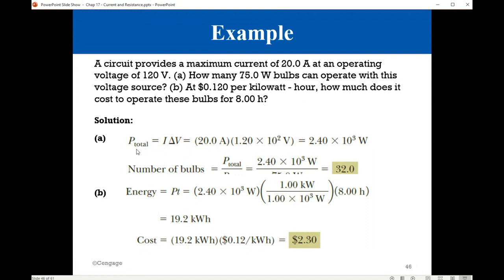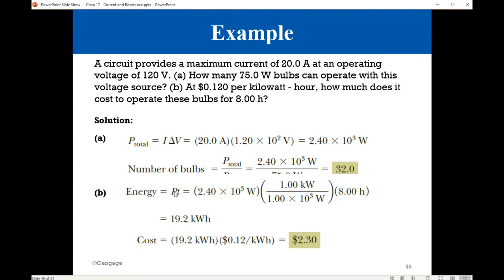We need to calculate the total power. It is I delta V. I is 20 amperes and V is 120 volts. So this is 2.4 by 10 to the power 3 watts. Now, the number of bulbs: we divide the total power by the power for one light bulb, 75 watts, so